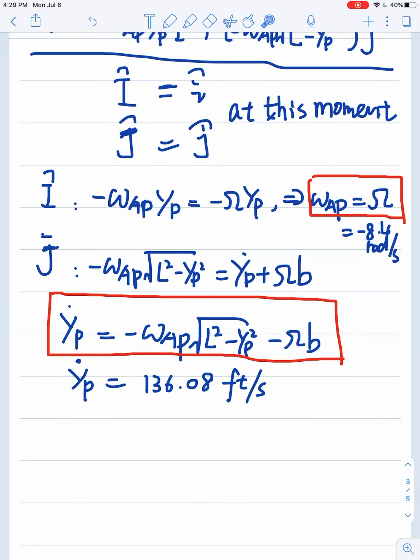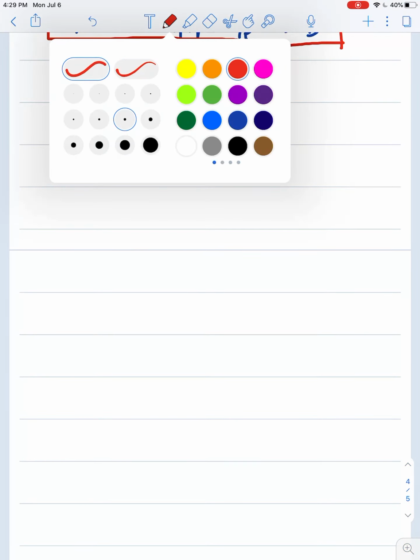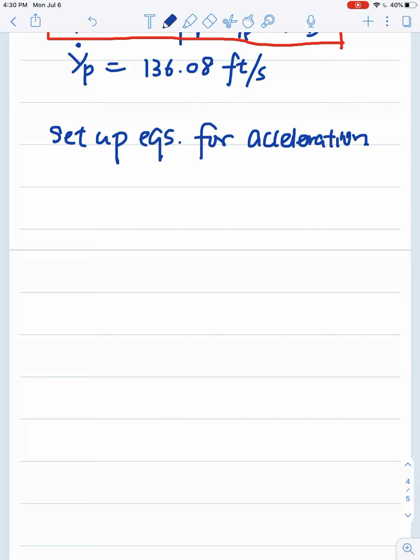All right, now let's move on to accelerations. Since we still have one more unknown to solve, now we can set up equations for acceleration. First equation we can get is the equation we learned from chapter 3. It's the equation AP and the fixed point AO